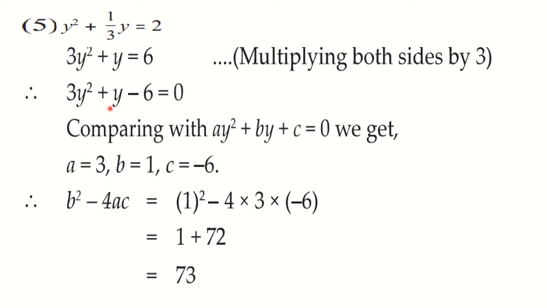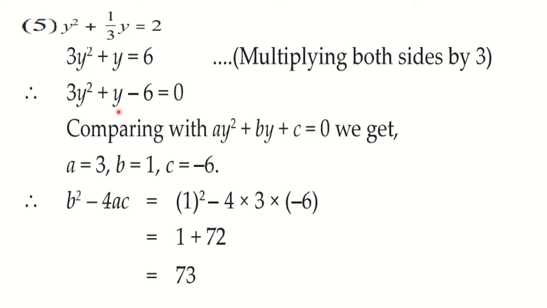So immediately after converting into standard form, you have to compare it with the standard form, ay square plus by plus c is equal to 0. As I have said, you can write down ax square plus bx plus c is equal to 0 also. Okay. If you are writing that, then also it is okay. Nobody is going to mark you wrong. So when we compare it, we get a as 3. B is 1. I told you so many times, when we cannot see a number here, it is 1.